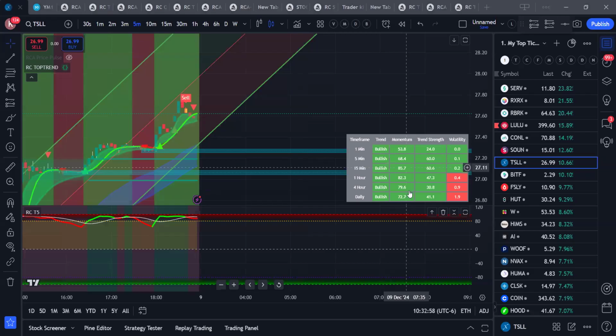Let us say tomorrow morning you see something like this. What do you want to do? Do you want to buy calls or do you want to do bull put spreads? Especially for day trading, we use 5 minutes. Mainly you have to focus on the 5 minutes. What is the trend strength? We can buy calls and we can make nice profits. Let us take some other example like,